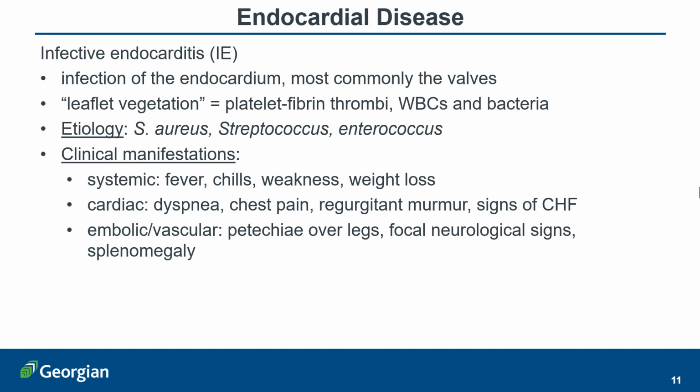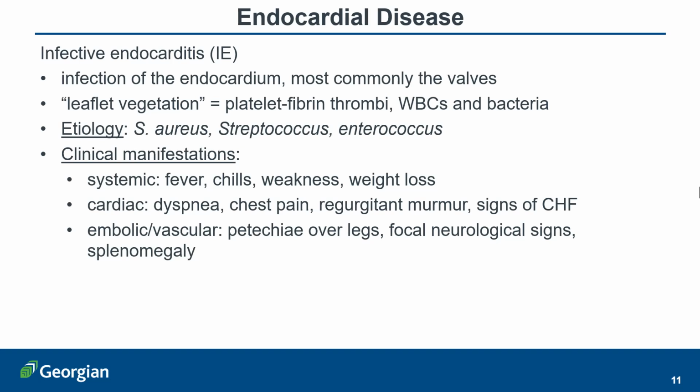So, starting with infective endocarditis, or IE for short. Infective endocarditis is an infection and inflammation of the endocardium, which is the innermost lining of the heart. Most commonly, it affects the valves because the valves themselves are made up of the endocardium. And the result is that you have vegetation on the leaves of the valves. The valves, the little cups of the valves are called leaflets,